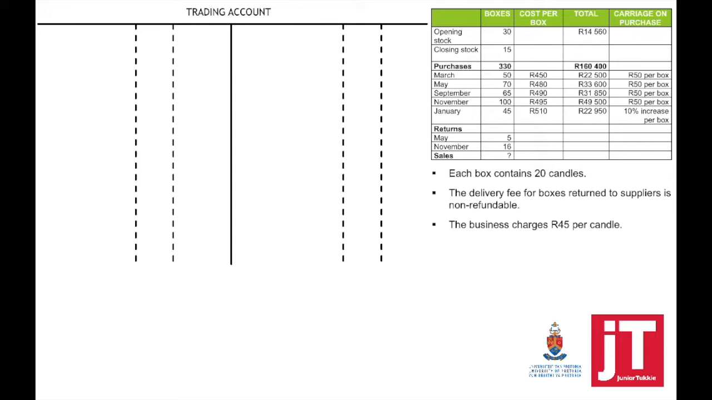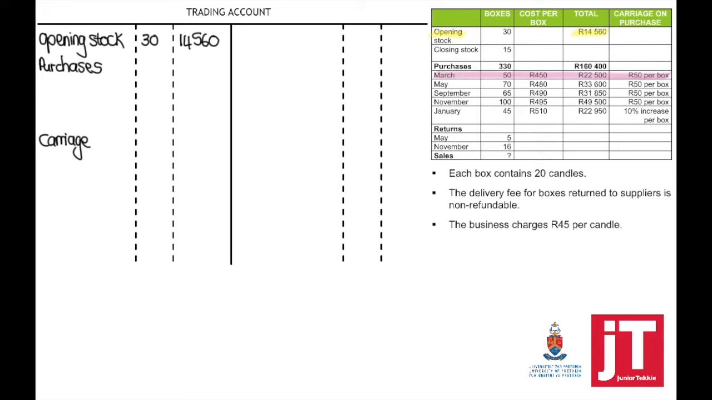Before we start with the questions, we are going to look at the workings by looking at the information given and completing it on the trading account. So we're going to start with the opening stock. The opening stock, the number of boxes is 50 and the total price 14,560. If we look at purchases and carriage on purchases,